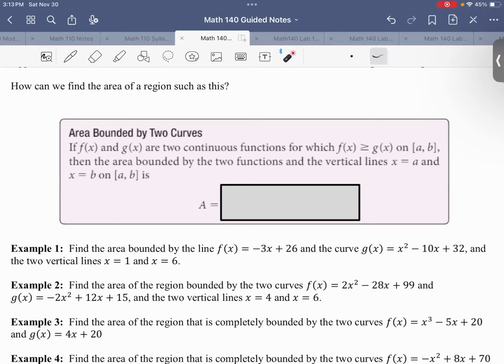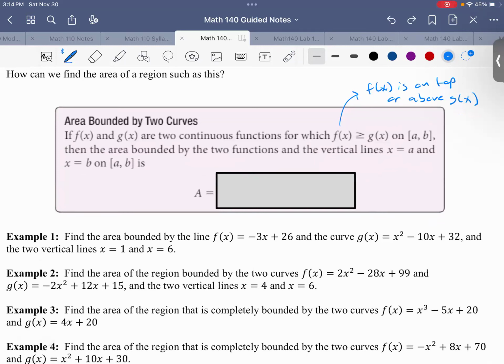So if you look at this definition box, the area bounded by two curves, if f of x and g of x are two functions for which f of x is greater than g of x, what this means is f of x is on top or above g of x, then the area bounded by the two functions and the vertical lines a and b is the integral from a to b